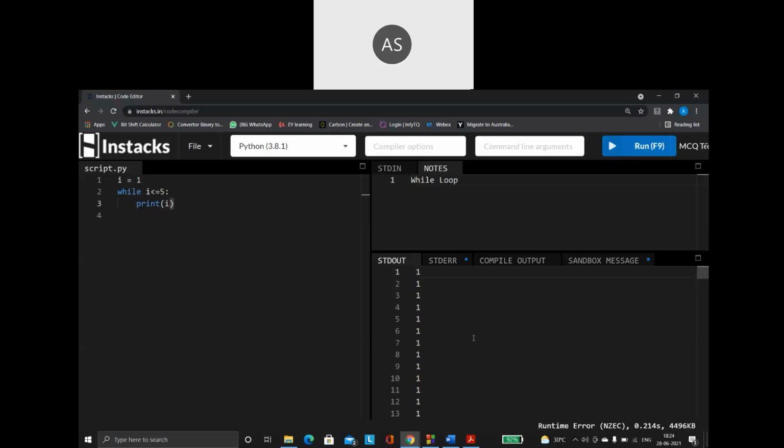So the I value is always going to remain 1. So what will happen when it always remains 1? The condition is always going to be true. The condition is never going to become false. So this is the first scenario that I am supposed to avoid. So while writing my while loop, make sure my while loop doesn't go into an infinite loop. So the first situation to avoid: make sure all the three essential parts of the while loop are there. Otherwise, yes, it goes into an infinite loop. Let us say this is scenario 1.